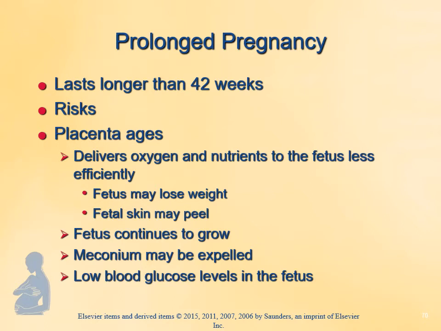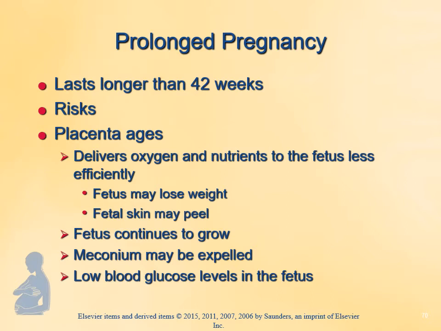Now we're going to kind of swing to the other end of the spectrum and talk about a prolonged pregnancy. And a prolonged pregnancy is one that lasts longer than 42 weeks. The problem with this is that after about 40 weeks, the placenta really starts to age and it doesn't function very well anymore. And so the ability of it to deliver oxygen to the baby and excrete the waste products from the baby